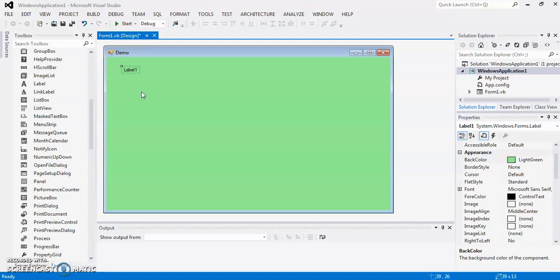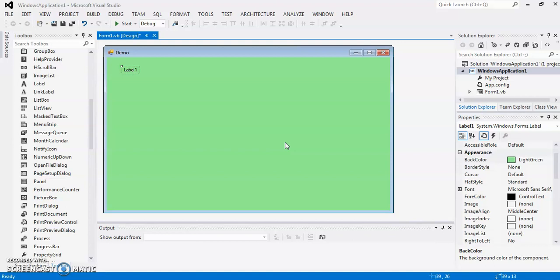However, you can change its properties as you changed for the form. So once again, the first property we are going to change is its name, because in a form there can be multiple labels, the labels which are identifying a text box or displaying some instruction.